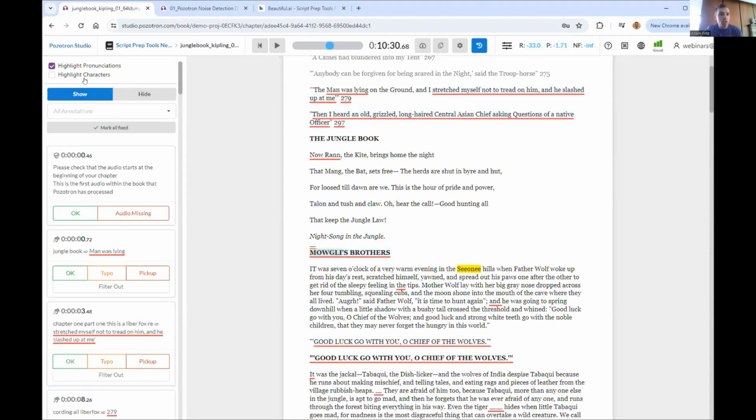Okay, so now on to what you can do with the characters as well. I'm going to toggle off the pronunciations here and just show the characters. One thing to note, if you have both of them flagged, it's going to turn green here. You can see how Mowgli is turned green. If there's no pronunciation and character entry for the same thing, the character is going to highlight as blue, and that's green because yellow plus blue equals green. I'm going to click on the name Mowgli here,